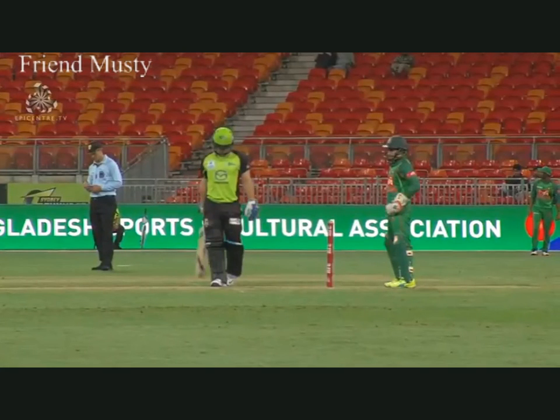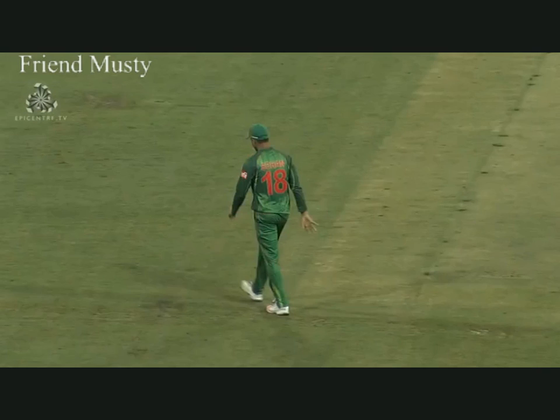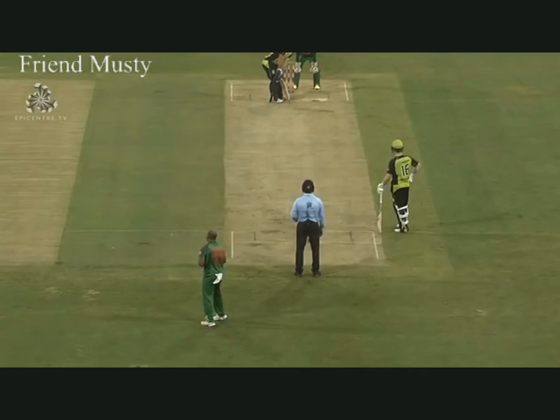This one's outside the off stump, and it's just popped in the air, and it will just miss the 2 fielders who are trying to get around to catch that, and it'll just drop safely. Probably a life there, you'd have to say, of Aiden Blizzard. Yeah, it's maybe worthwhile giving it a whack instead of poking around at it, but which is sort of Blizzard's style. But there's lots of time, and I think he's spending a bit of time getting himself in on this